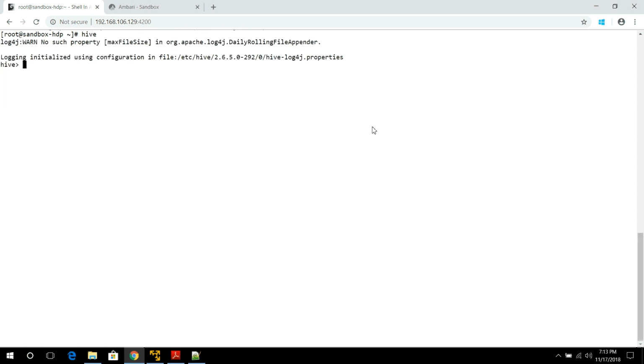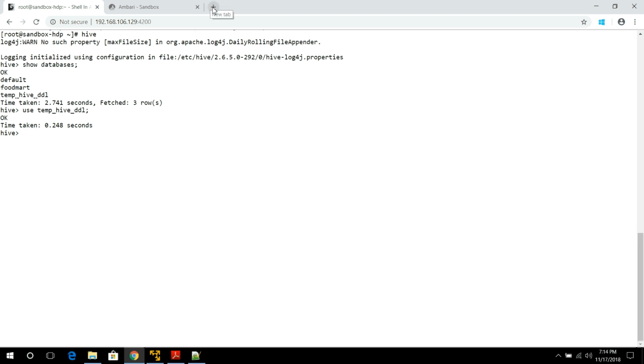Let's check if the database is created or not. There it is, temp Hive DDL, which we created. Now we have to use it, because by default when anybody logs in, the database is the default database. This one is everyone's default database. Now if we create a table inside it,